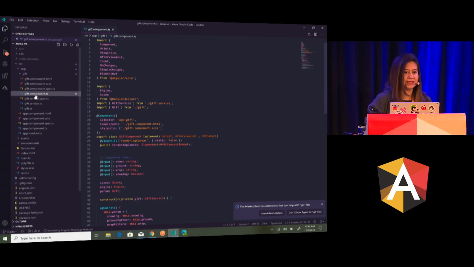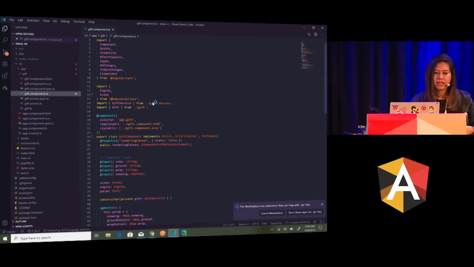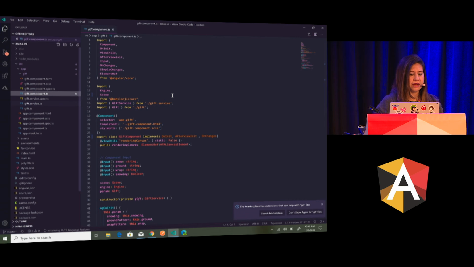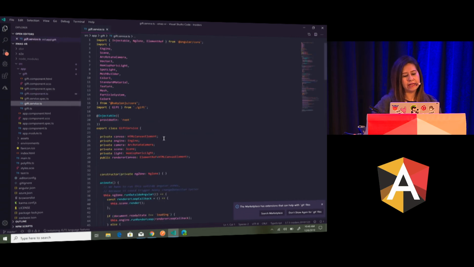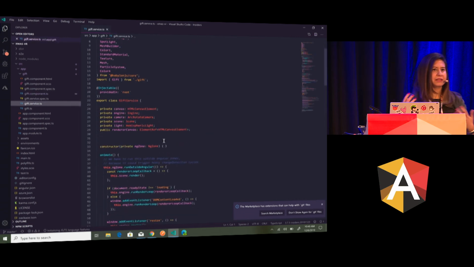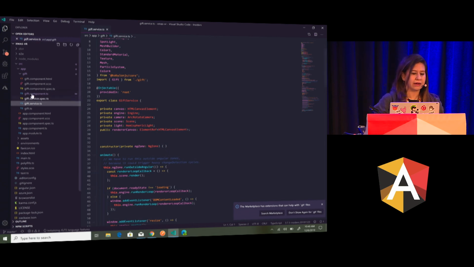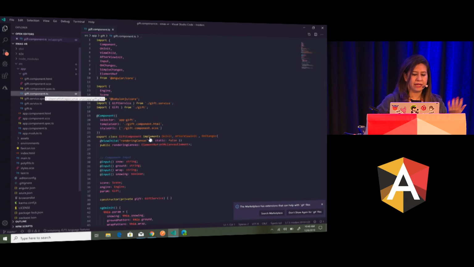Okay, so what we did here, I'm just going to simply tell you. We have created our service where we injected Babylon, and in our service we have two methods. One is creating the scene, and the other is to start the engine and re-render the engine. In this way, we could copy and paste basically anything that we had in the playground under this service, and then our component is basically a normal Angular component with the input and everything.